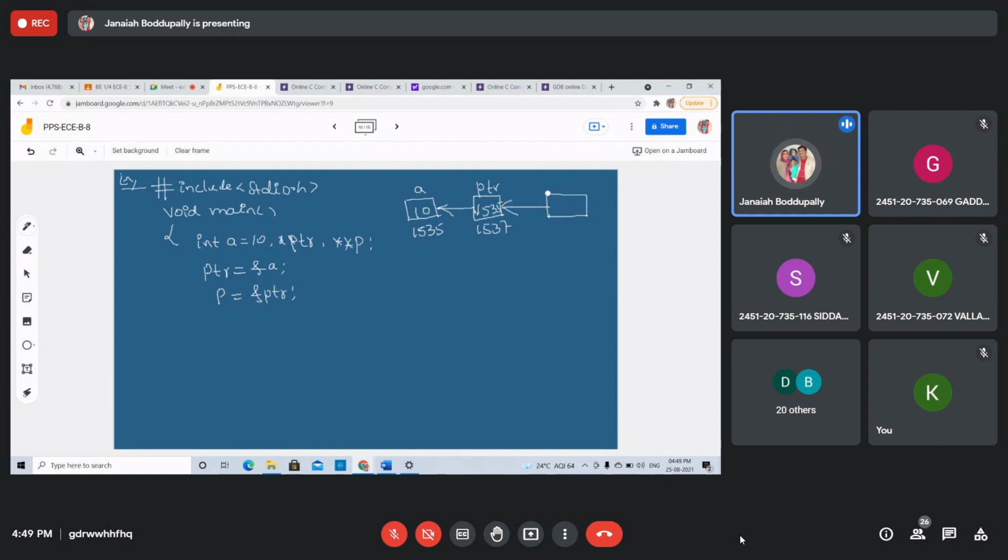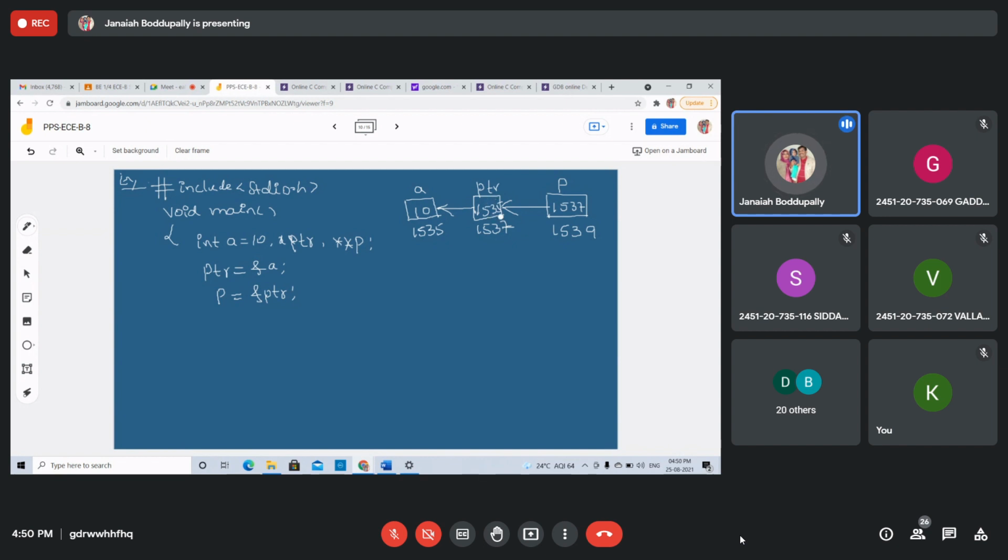Whatever you take. Now, one more pointer variable to point to the pointer variable ptr. I'm taking p as the pointer variable which points to the pointer variable ptr. That's why star star p. Now, what is the value inside p? 1537. Very good, 1537. Then 1539 next, right? The integers we are taking take 2 bytes, that's why the gap. Now we got it.